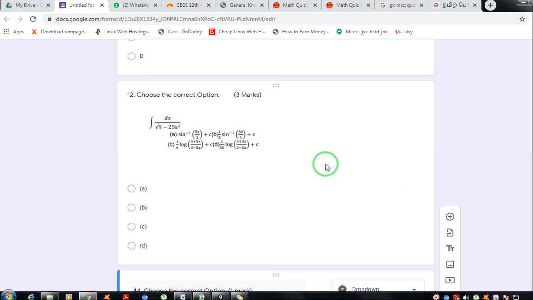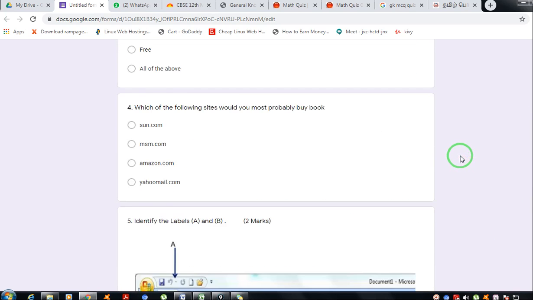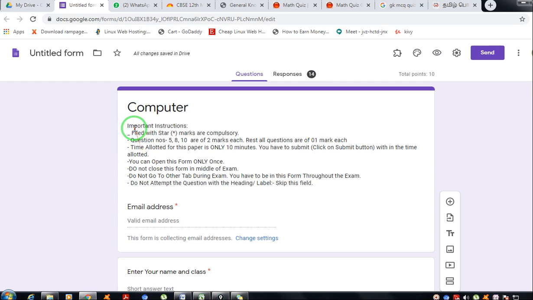Now you can see this in the preview also. Come over here, you should write the instruction in the beginning. So let's see the preview. This is for the preview. Just click on this preview button,